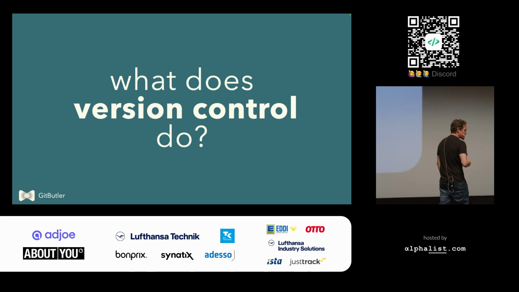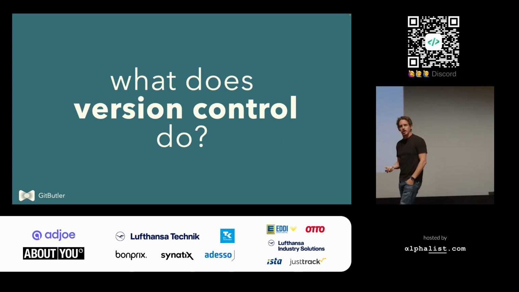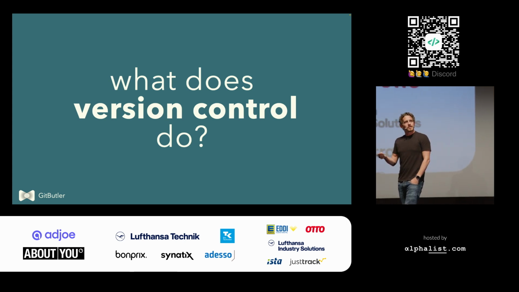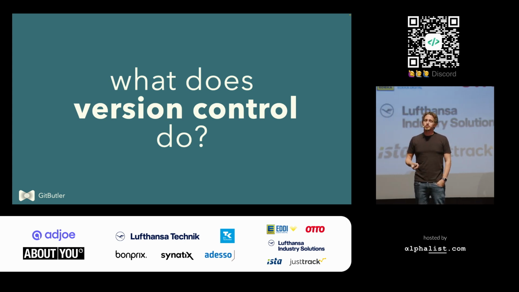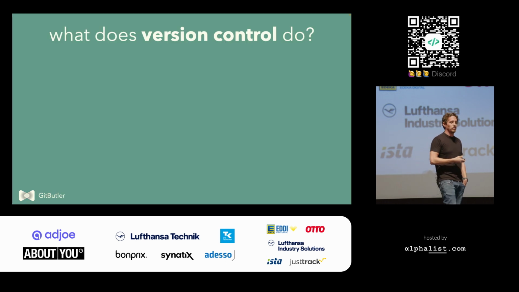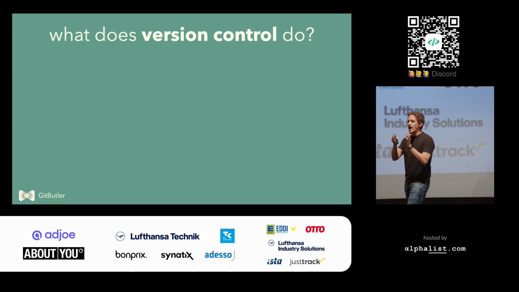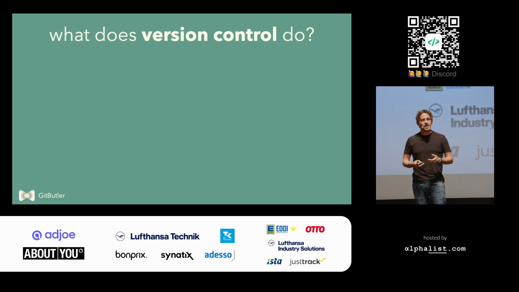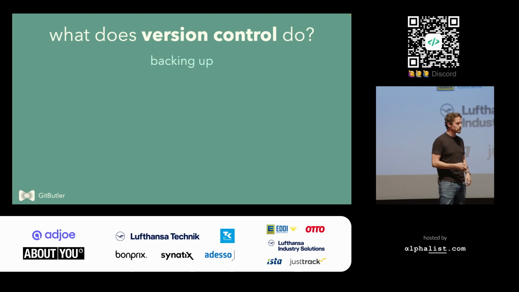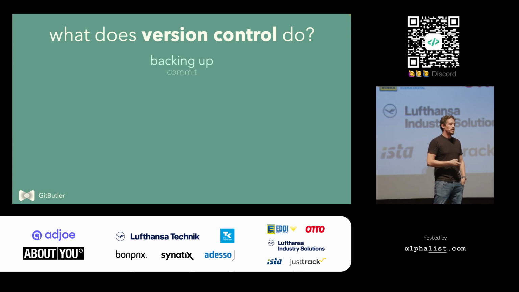So I want to ask, what does version control do? What are all of the things that version control does? This is actually kind of funny, because if you think about a lot of different products and ask what it does, a lot of times it's relatively straightforward. But a version control system does a lot of different things in our world, and a lot of them are basically orthogonal. They don't really have to do with each other, but all of them are contained in Git or in Subversion or something. So it backs up our work, so it saves the work that we're doing,